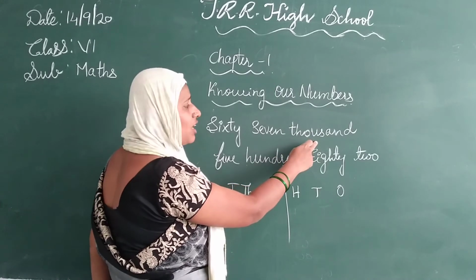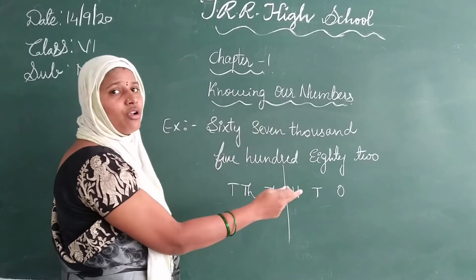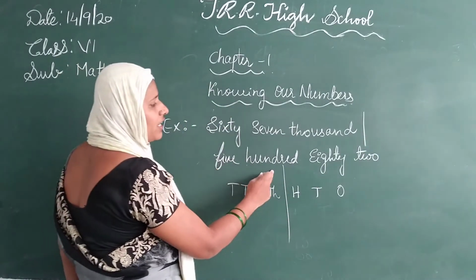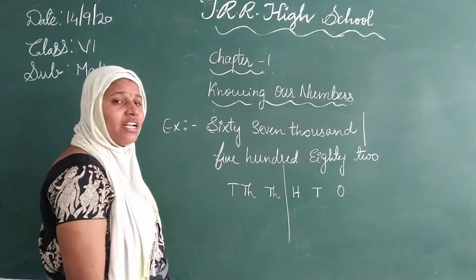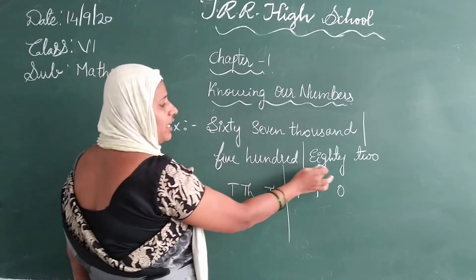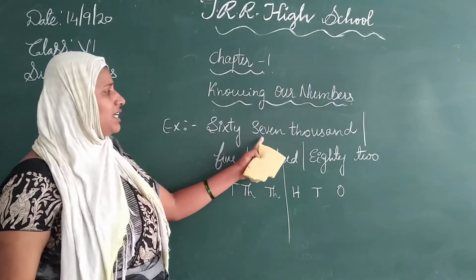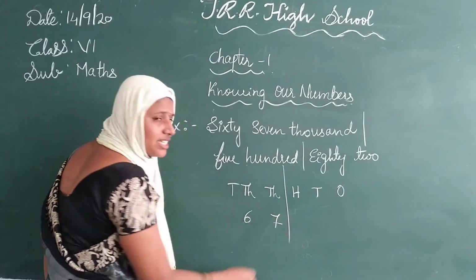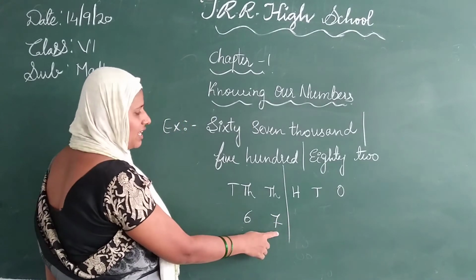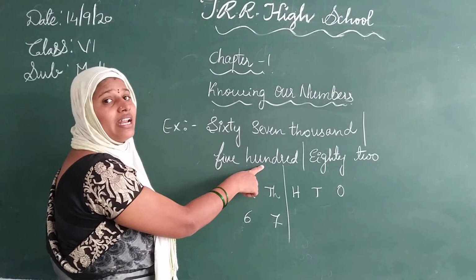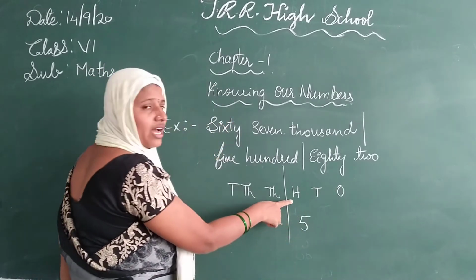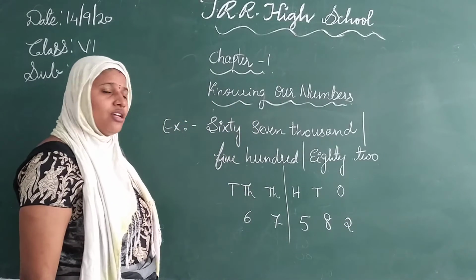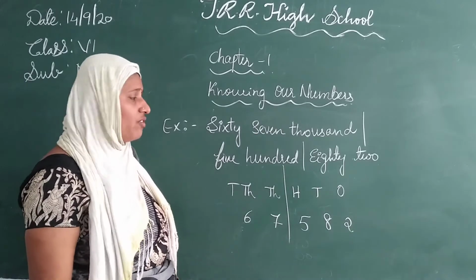67,000. Now you divide the number name also. 67,000 will come under thousands period. 582. Now 67,000 as it is in thousands period. 67. How will you write 67? 5 is in which place? Hundreds place. So 582. Is it clear? So most of the people, where the mistake will go means